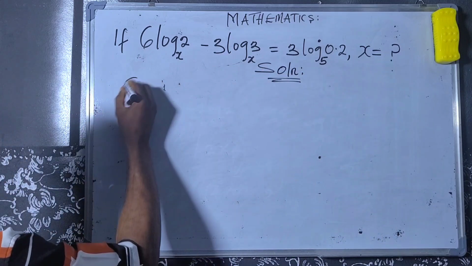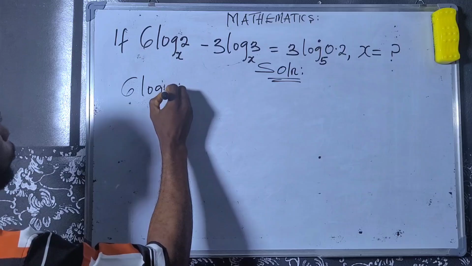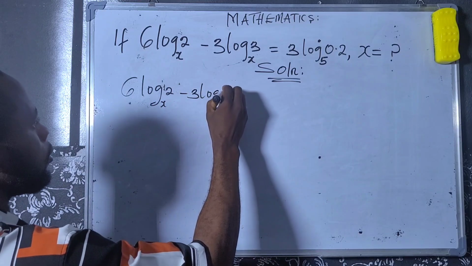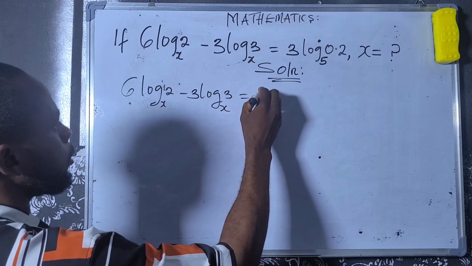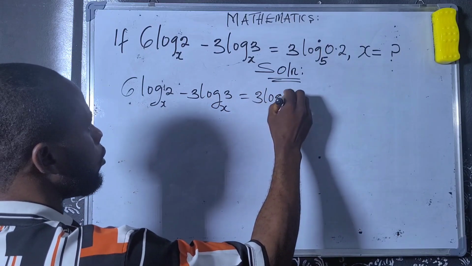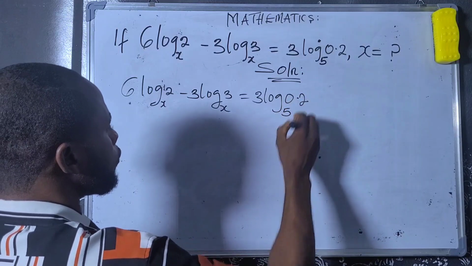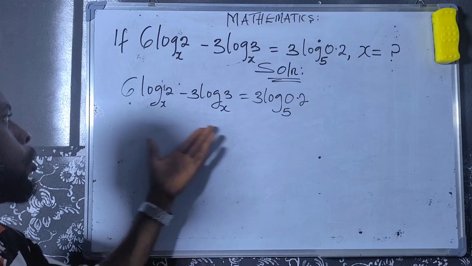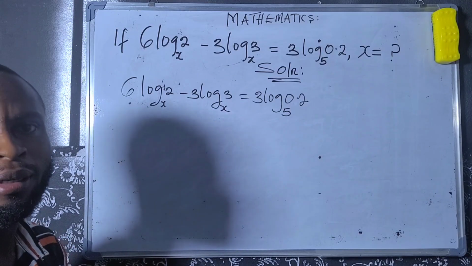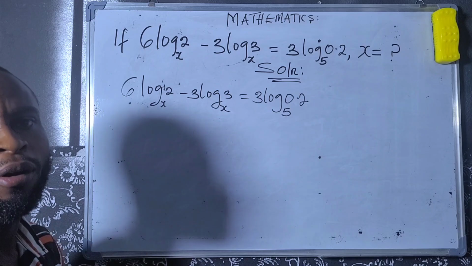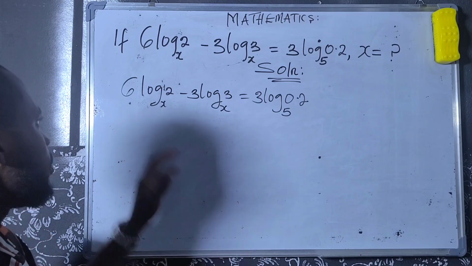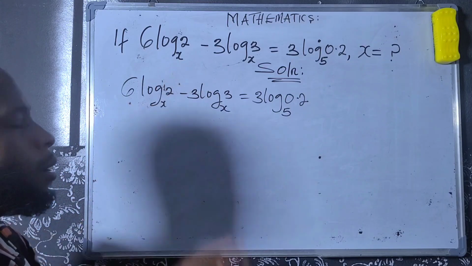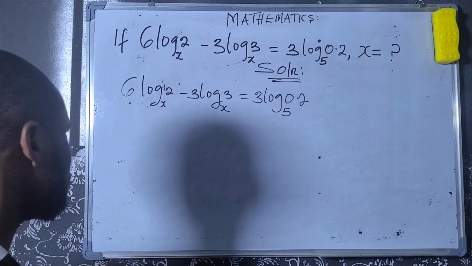Bring down the question: 6 log 2 base x minus 3 log 3 base x equals 3 log 0.2 base 5. Now here, the first step we are going to consider is to apply the power logarithmic property. That is, we are going to return these numbers at the back of the log to the powers. Then now, if you do that, you are going to have here